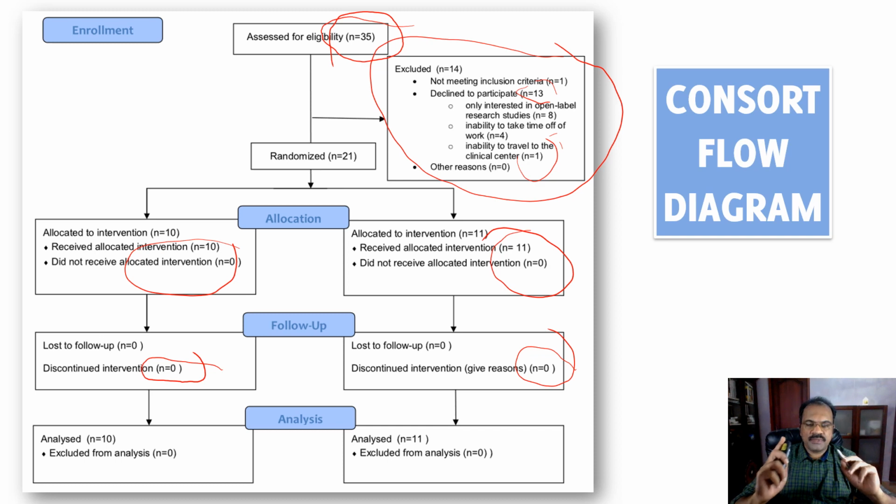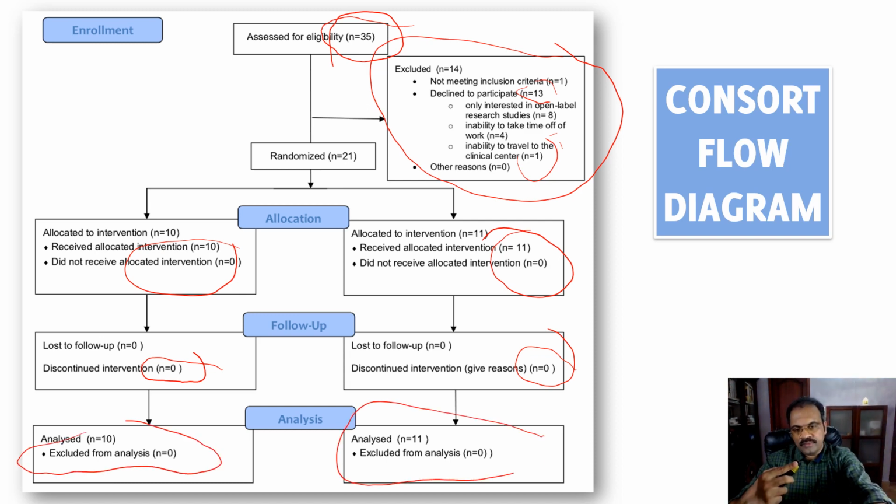So especially for drug trials, you pay a lot of attention here, because especially in the follow-up rates, there may be a lot of difference between the two groups. That may explain the findings you got in your statistical analysis, not a real difference because of the medicine. Also, how many people were analyzed, how many were excluded from the analysis in both the groups, and for what reason. All this kind of information you can get from this table. So you pay a lot of attention to the numbers on both sides of the flowchart.